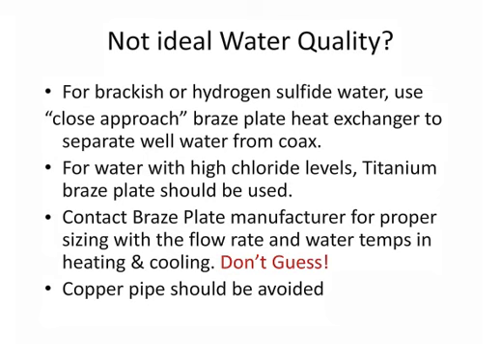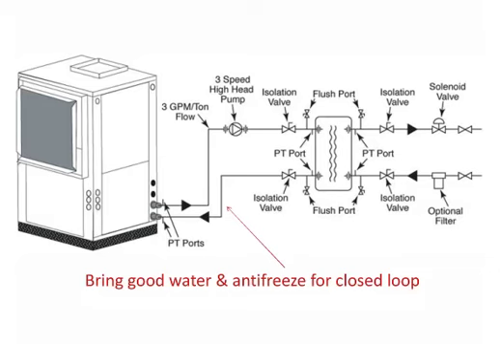Copper pipe should be avoided if you are having less than good water quality. Again, these items that are not compatible with copper, so you kind of think about what material you're going to use. Here's an example, a little drawing. You can see that braze plate. So we've separated the well water